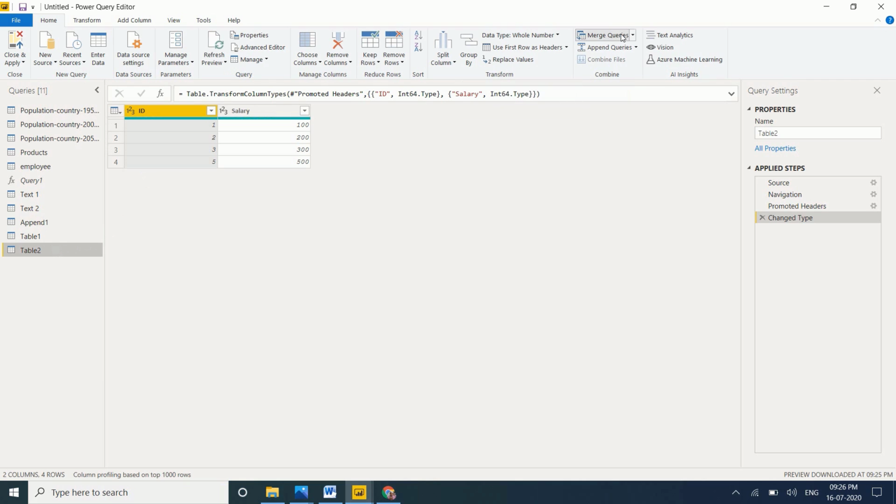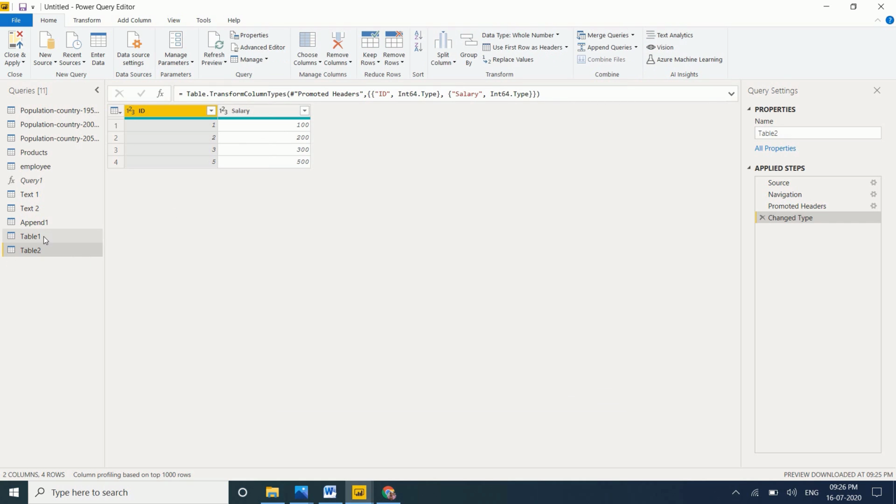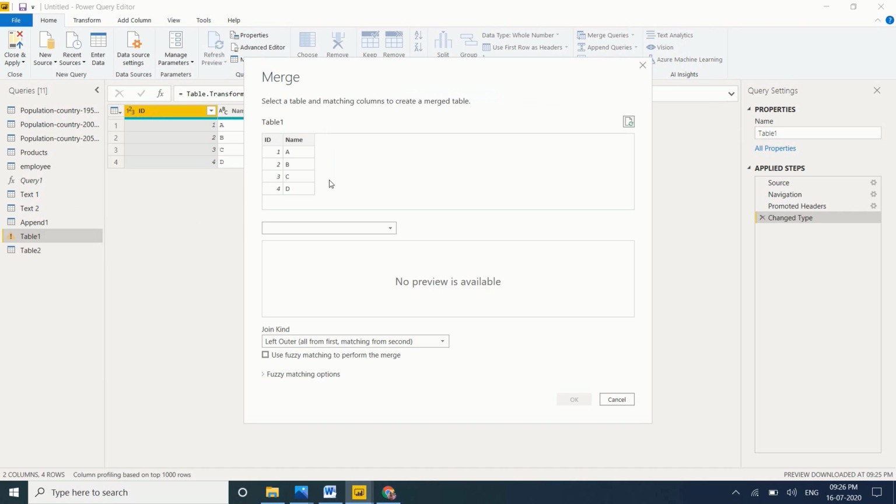Let me go to merge queries. Table 2 is selected, because I selected table 2 here. I want to merge table 1 and table 2, so select table 1 and go to merge queries. Select table 2.